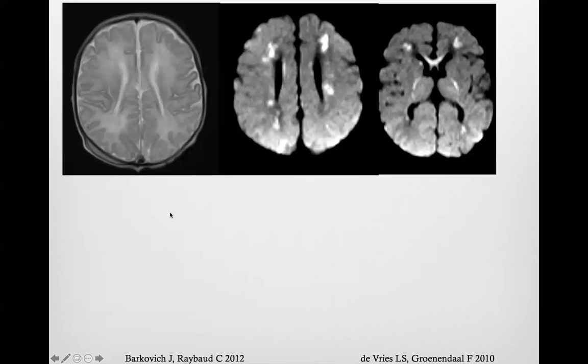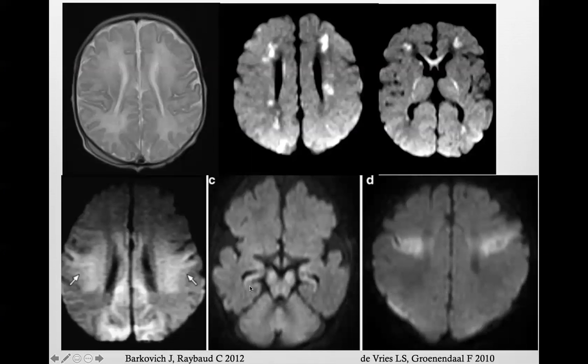And speaking of, this is from Charles Rebaud, there are two different patterns of damage. This is a diffusion restriction. This is a T2, the rest are diffusion in two different patients. This patient here was a preterm baby, and you can see that the pattern is more periventricular, while the central pattern of diffusion restriction here, here, and there is more of a term baby. So preterm and term baby